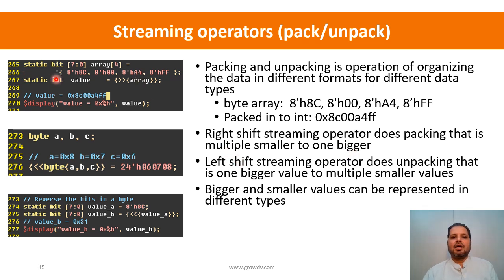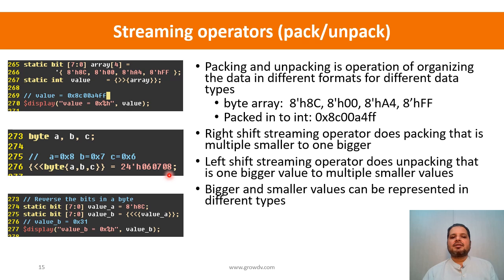So here I have an example. I have declared an array of 4 bytes, and then I've done the static initialization with the tick. If I want to create a packed value, I use double curly braces, as we have done for the replication operator. The difference over here is that instead of a constant, I'm now specifying a shift operator. That's the streaming operator. Once I do this, the resulting value will be packed. The right shift streaming operator will pack different units into a single unit,